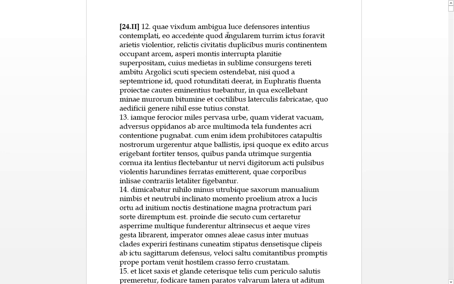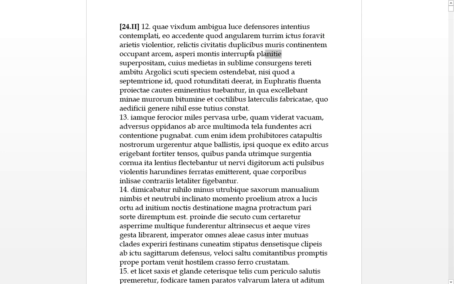and to add to this, quod, because we have an ictus in the turum, and ictus is a blow, arites is a battering ram, so by the blow of the battering ram, rather violently, it foravited, it dug a hole in the angular accusative turret, so the corner tower. Relictis civitas, having left the city, another ablative, duplicibus murus, with its double walls, they occupied a continentem arcem, the citadel which was touching onto it, something like that, which was right next to it and touching it.